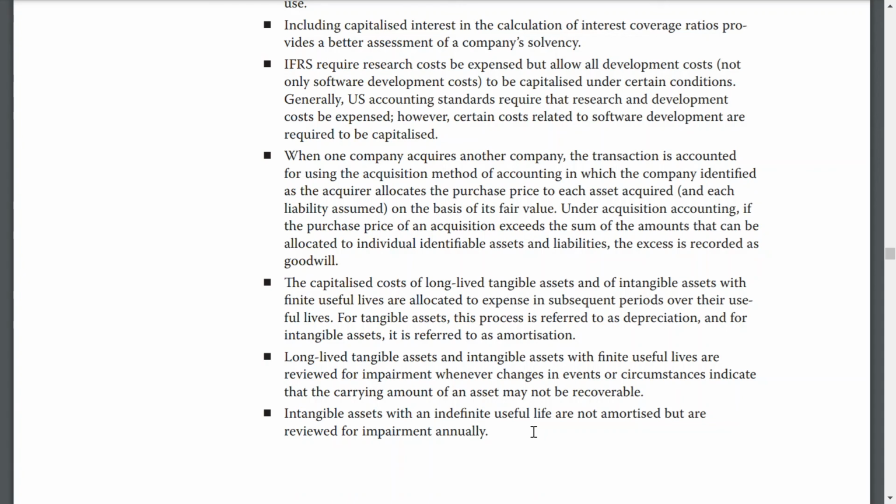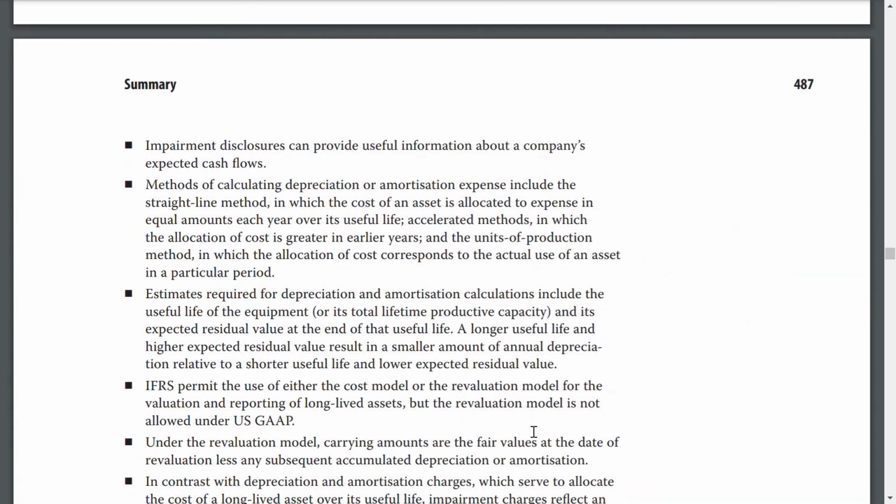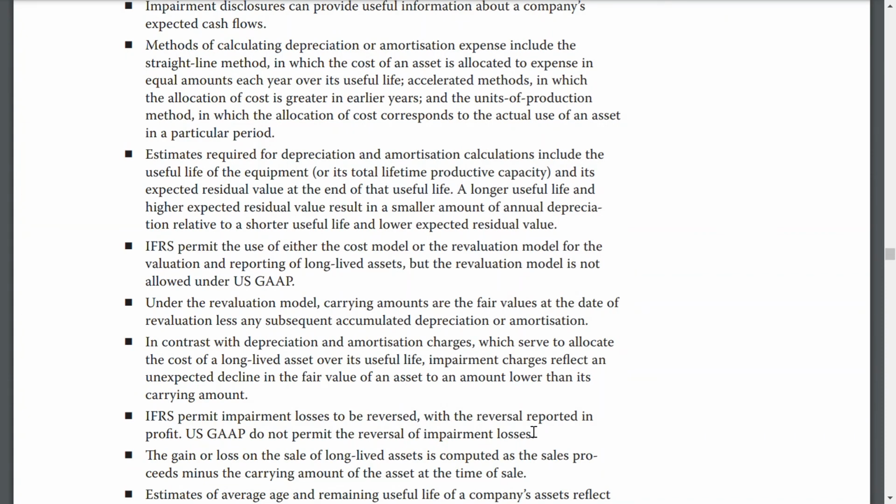Intangible assets with an indefinite useful life are not amortized but are reviewed for impairment annually. Impairment disclosures can provide useful information about a company's expected cash flow. Methods of calculating depreciation or